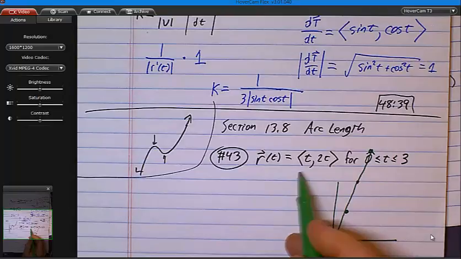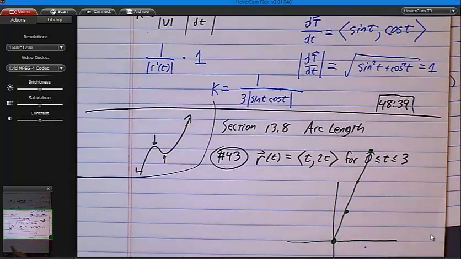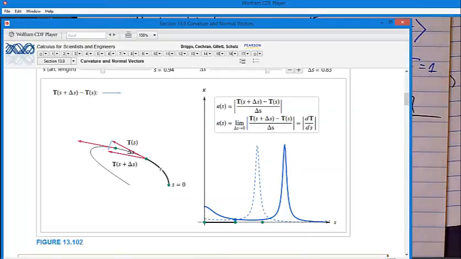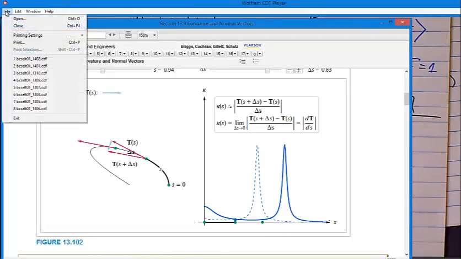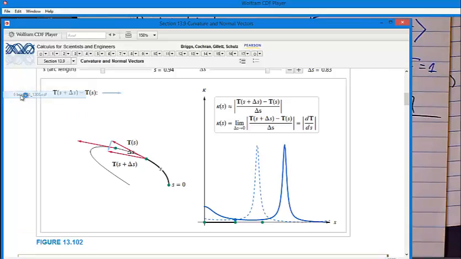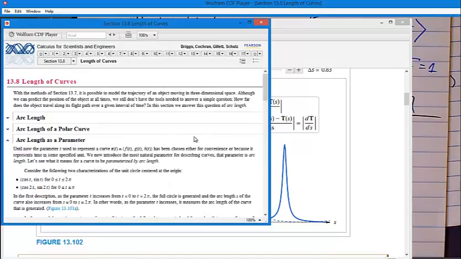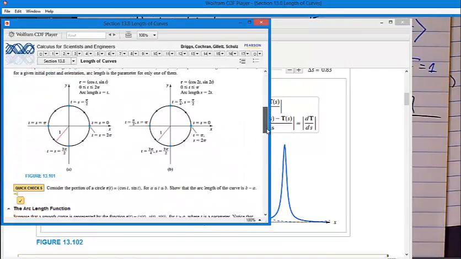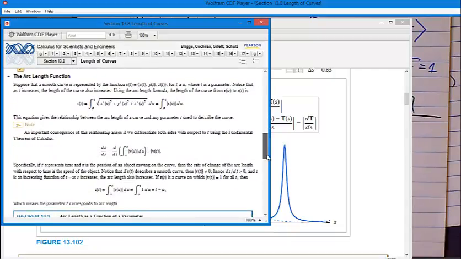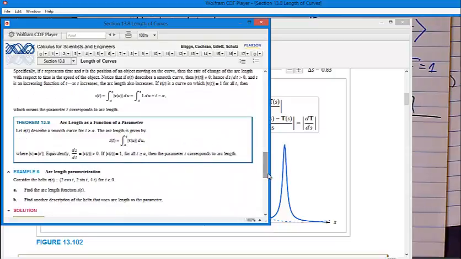Is this an arc length parameterization? That's really the question. So we had a formula that I want to recall. Do I have it up here? No. Do I dare? Yeah, I dare. Here we go, 13.8, arc length as a parameter. And there's a few examples here, but the arc length function, they say, is this s of t, right? So I'd like to compute the arc length function for this example, because they say s of t is equal to